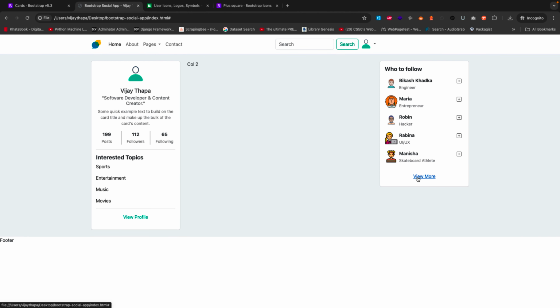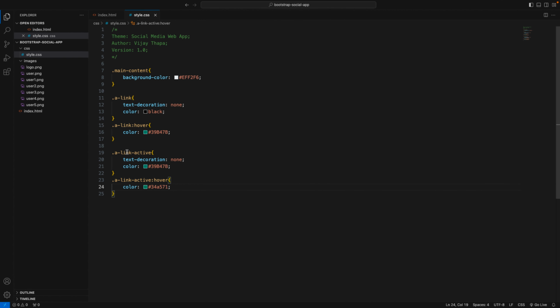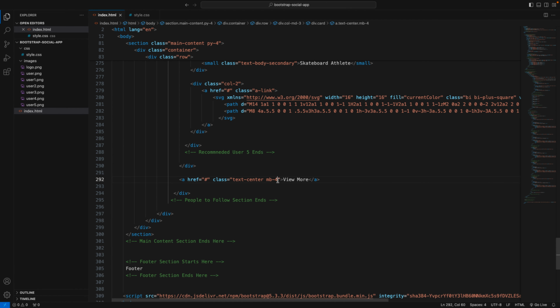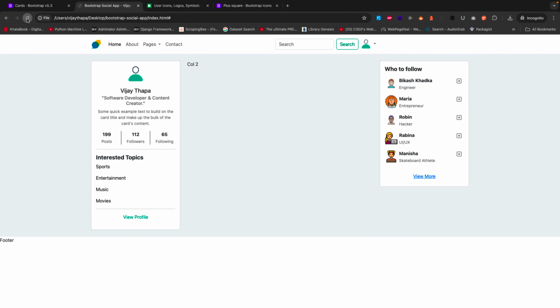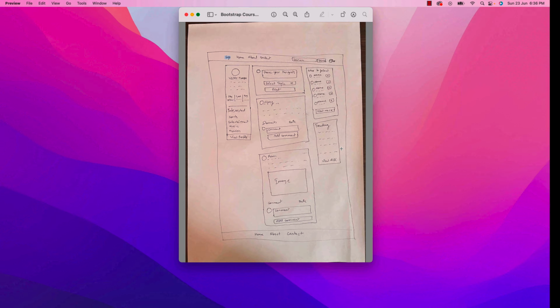Okay, so since this is default css for the link, when I need to add same as this one, so what we can do is we can add the css, our custom css, which is link active. So after mb4, I will add link dash active and save it, go back to browser, and if I refresh it, now we have nice link for view more. Now after that, if we check our sketch design, what we have is we have trending post here, so we will design this one. Okay, so let's go back to our code